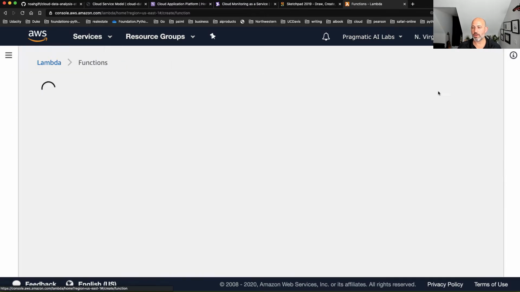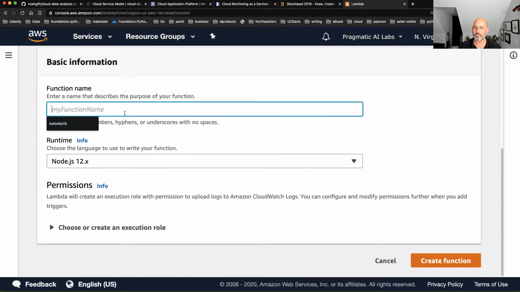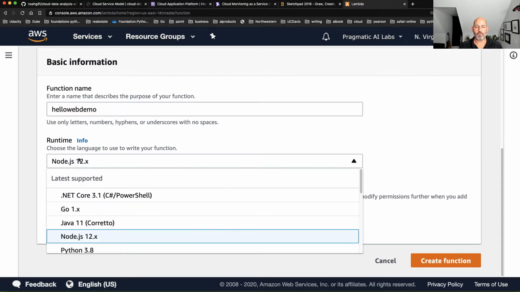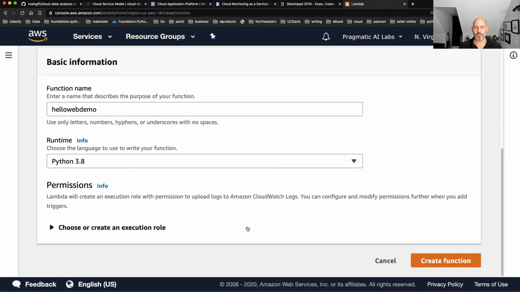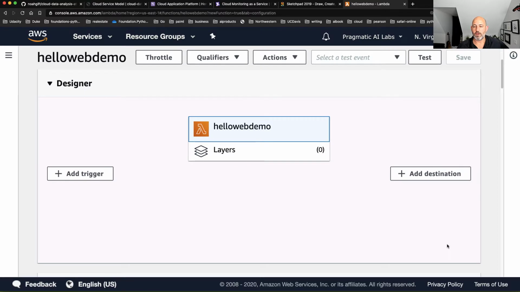If I go here and say create function, I can pick author from scratch and we'll say hello web demo. I will put the Python 3.8 environment and then say create function. This is essentially doing the same thing that a virtual machine would do, except it's much more lightweight. Once this is set up, I'm ready to go and I can start writing code.